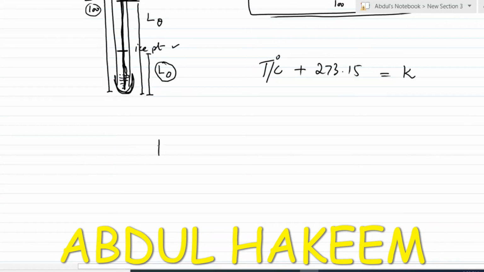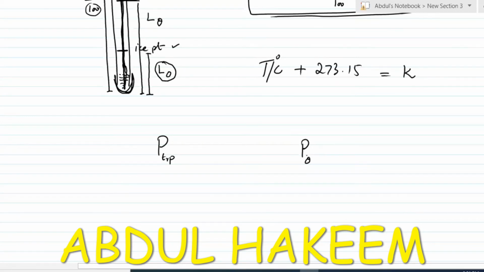First, measure the temperature of any gas in a constant volume gas thermometer. Measure the pressure at the triple point, meaning the temperature at which water exists in its three states together, and then calculate the pressure for the required temperature, P theta. Then the empirical formula for this will be